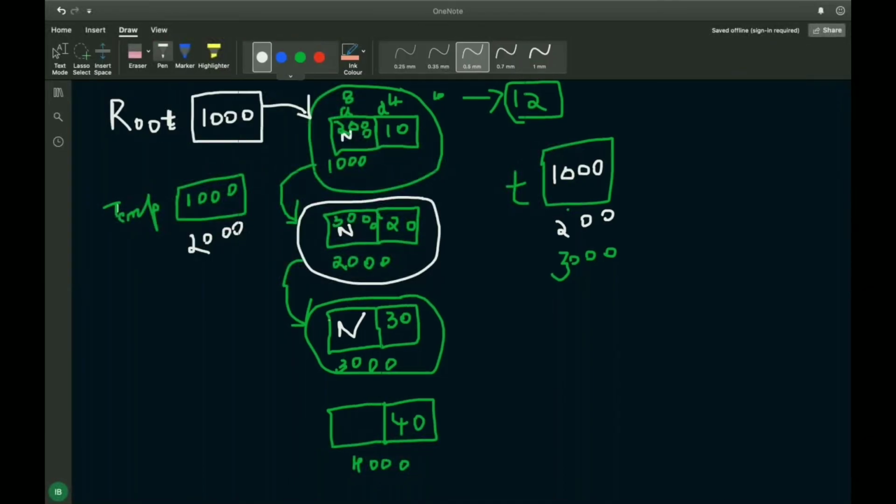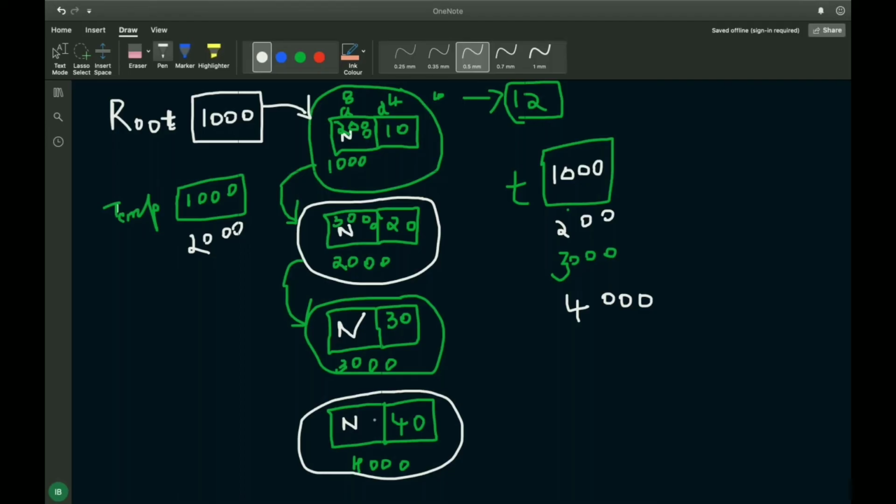Now, when it is going and creating a block, what happens? It is creating a block here. The malloc will return what? The initial address. That initial address is stored where? Inside the t. Now t will become what? 4000. Now what is the first step? I will come here to the address. To this address, I'll make it null. t of